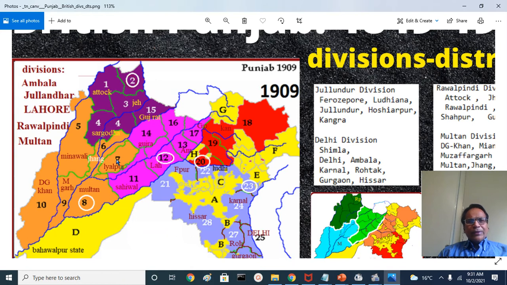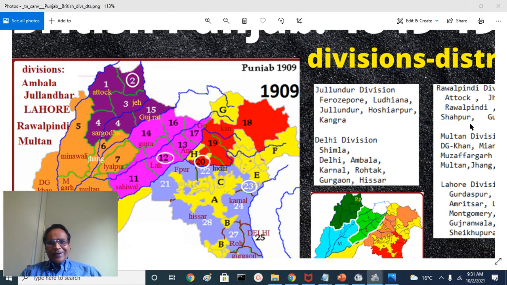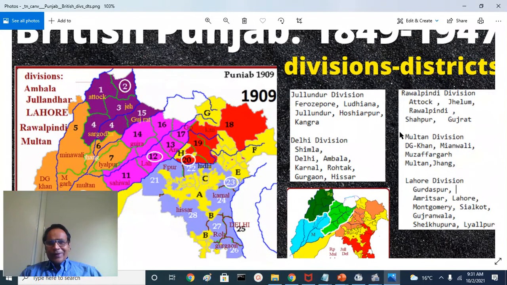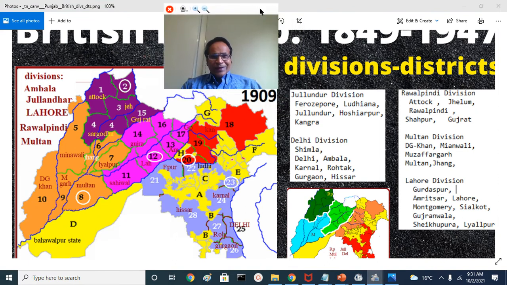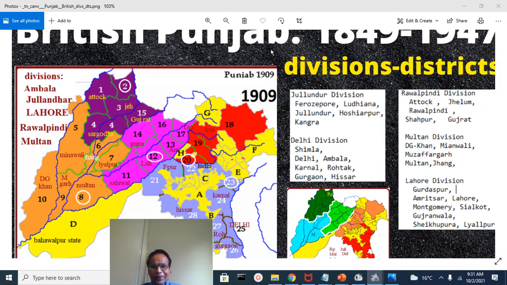Sometimes you see Lyallpur district mentioned in Multan division, and sometimes you will see it in the Lahore division also. Actually here it is in the Lahore division, Lyallpur here. So you should not be very picky about it, because these are political changes the rulers will make as per their convenience. As long as you get the major point, that's what we are trying to convey. It will be sufficient whether this particular district is in this division at a particular time or in another division.